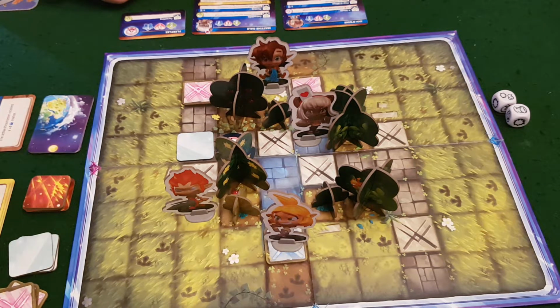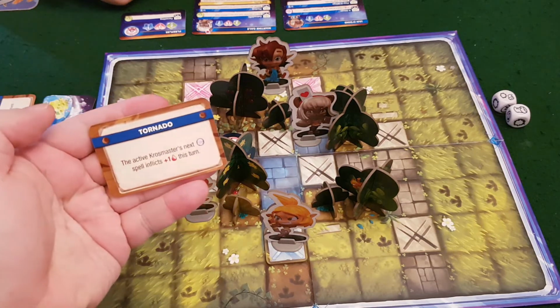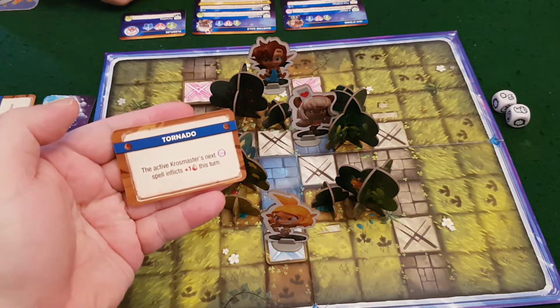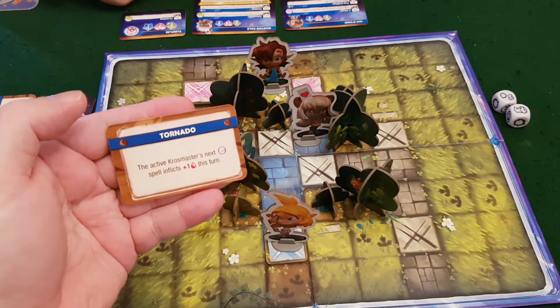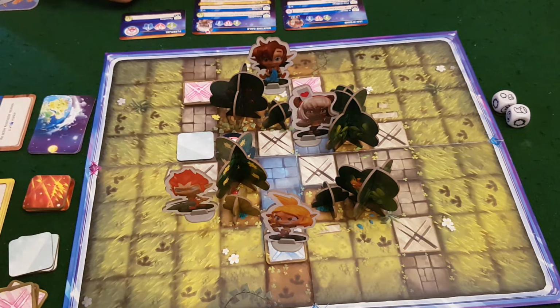And I don't have any minions to summon. So first thing that happens, new cosmic spell comes out and it's going to replace that tsunami with a tornado. So now the active Krosmaster's next purple spell inflicts +1 damage. Okay, so I think I'm going to start...